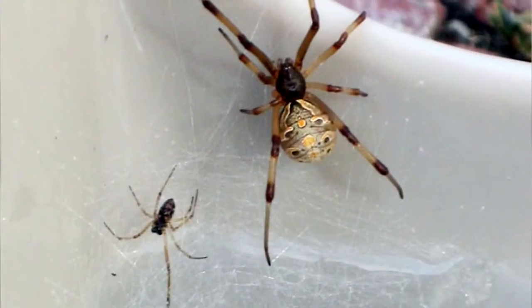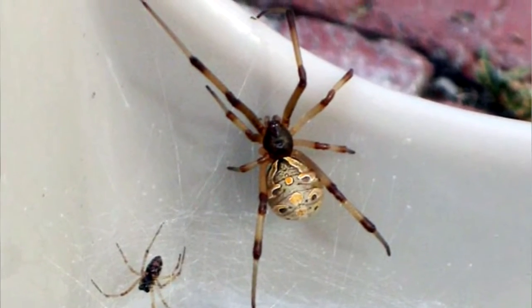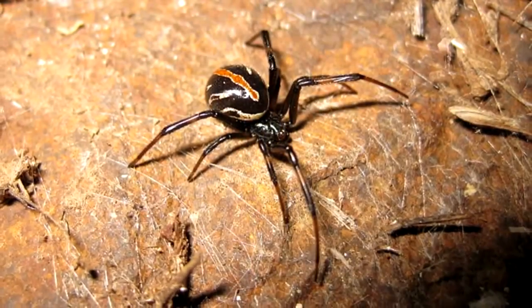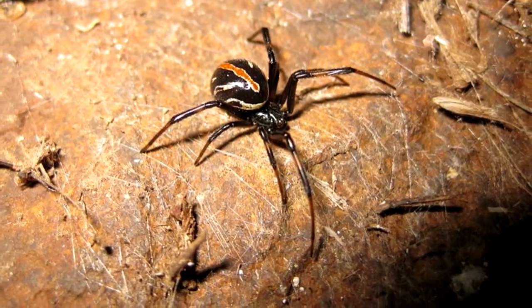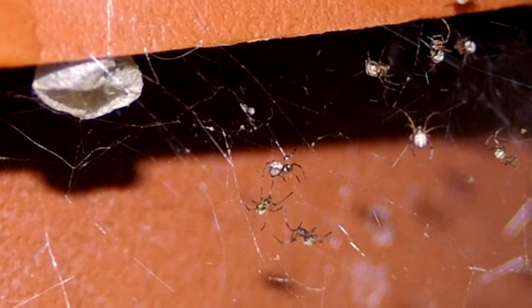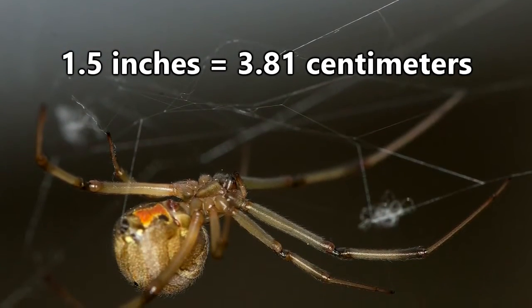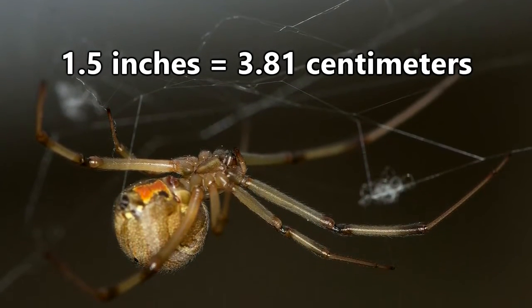Other species even have a base color that's closer to brown, with these often being referred to as brown widow spiders. This is only in reference to females, however, as males will appear with more markings in different color variants, and spiderlings appear nearly white or yellow until after a few moltings. Female black widow spiders are about 1.5 inches in length, including their legs, and males don't even reach half that